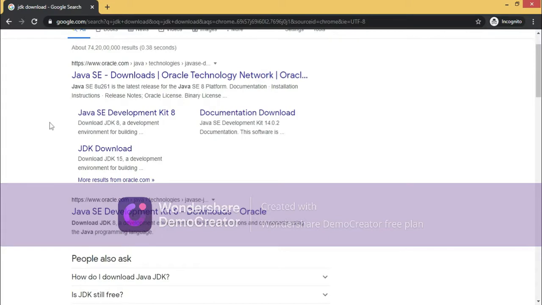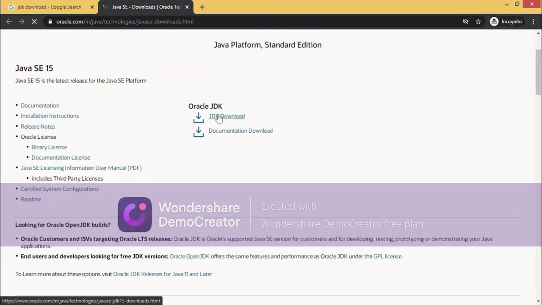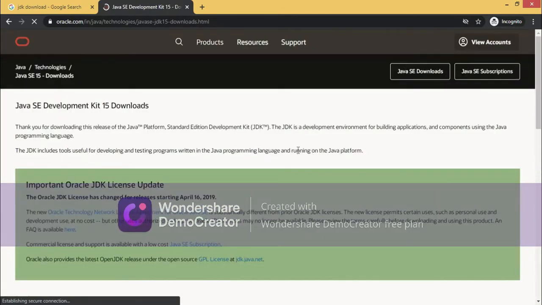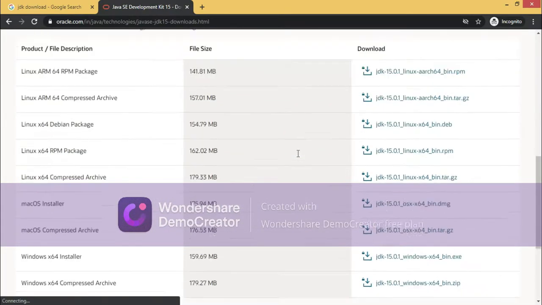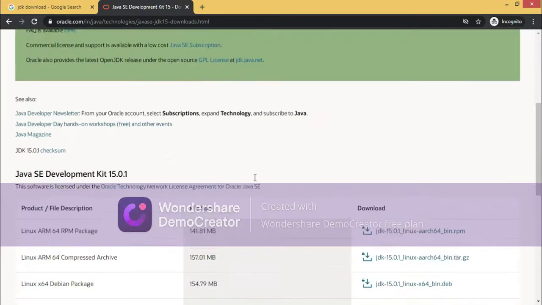Here you can see the first link, you can open the new tab, and here you can see JDK download is there, right? Just click on that JDK download and this page will be open. If you go down, right now we have JDK 15. 15 is the latest version.